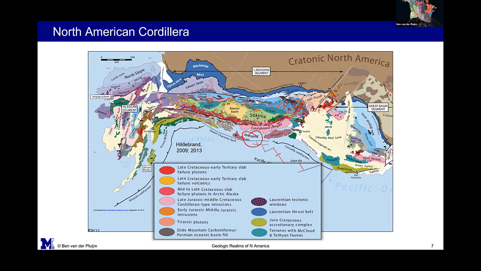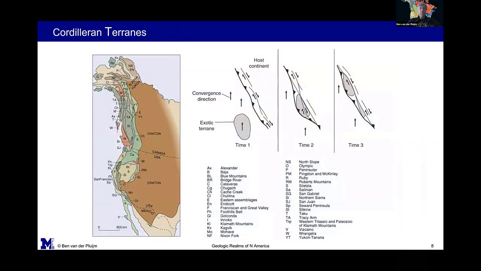We find it in the U.S. We find it in Vancouver Island. We find it all the way up into the Wrangell Mountains of Alaska. That's where they were first defined, and then people discovered that these same rocks were found all along the margin of North America. And so the first characteristic feature of North America was this idea that we have these terranes,